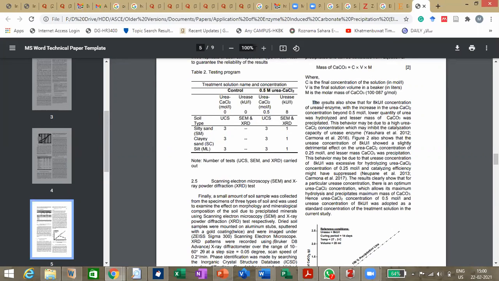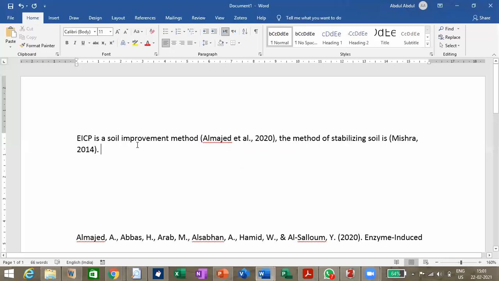For example, I want these things to be included. Of course, we are not supposed to copy and paste. So I'll say the results also show that 8,000 units per liter concentration of urease enzyme. I'll write something concerning that in the Word file. So this is the Word file. 8,000 units per liter.